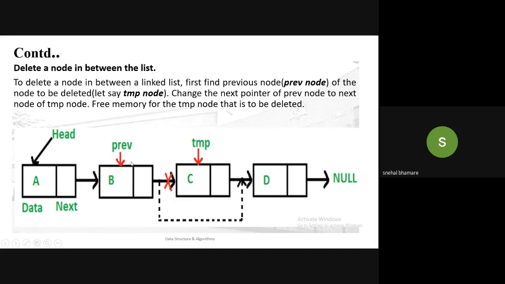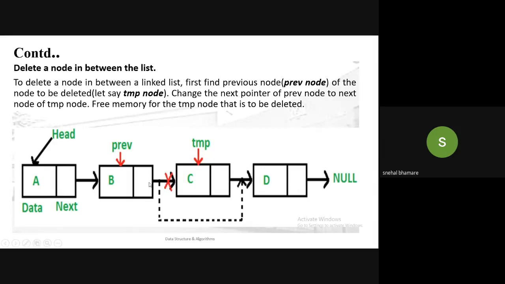In this function we have to find the node which is previous to the node that is to be deleted. So I have used the prev variable, and it will be pointing to the node which is previous to this temp node. Once we have allocated the nodes to these temporary variables temp and prev, the statement is that I have to give the link of temp next to the previous next. So prev->next = temp->next. A link will be created like this, and the link of this node will be bypassed.